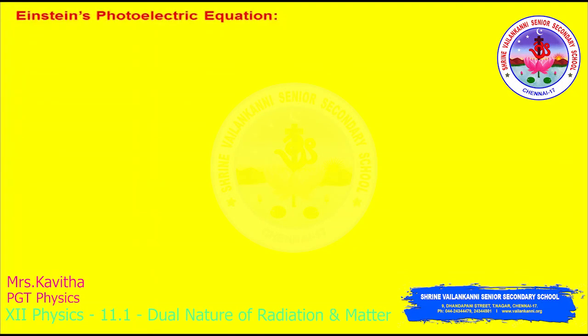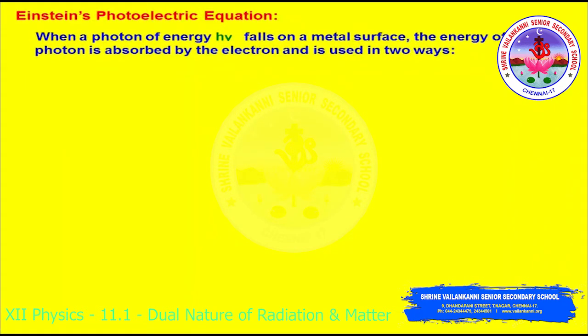Now, the continuation of dual nature of radiation and matter. In this we can see Einstein's theory of photoelectric effect. Einstein's theory explained the photoelectric effect on the basis of Planck's quantum theory, according to which light radiation travels in the form of discrete photons. So when a photon of energy h nu falls on a metal surface, the energy of the photon is